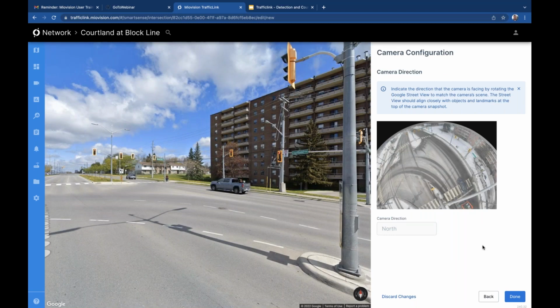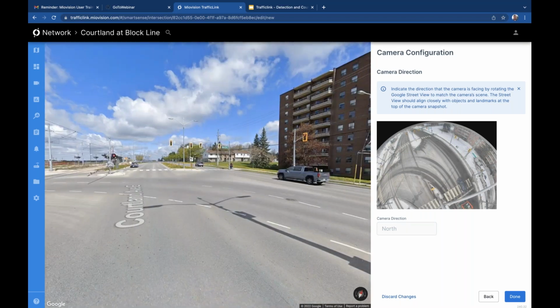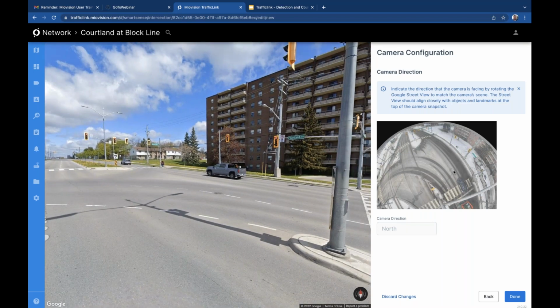And then lastly, what we're seeing on the left is a Google Street Maps view of this location, and on the right, we're seeing the camera's field of view. So what we want to do here is try and match up the view on the left with the view of the right. This is just to help automate the configuration. So this doesn't have to be perfect, but if you get it right, it's going to make your lives easier